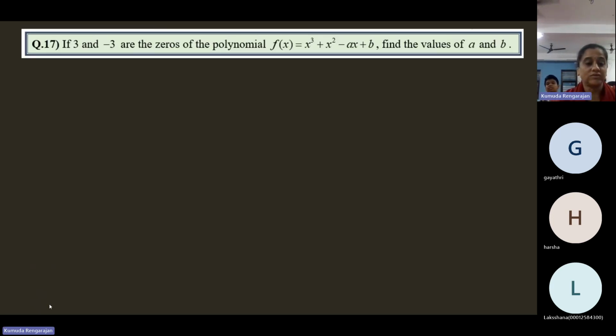The value of x is given straight away. 3 and minus 3 are the zeros. So x is equal to 3 and x is equal to minus 3. 3 and minus 3 are the zeros of this polynomial. If they're the zeros, f of x